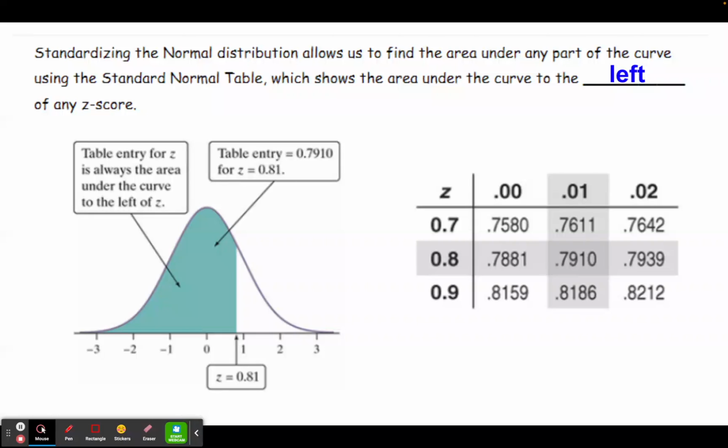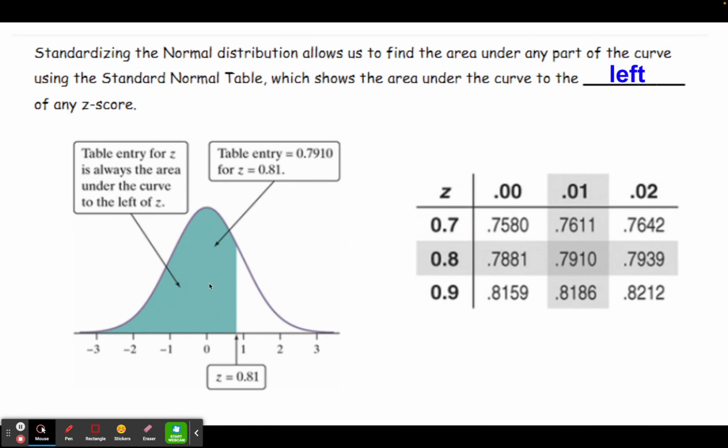So we have a picture of the standard normal curve. Notice down at the bottom, we have a vertical line that's drawn in here separating the curve into two regions. And underneath here, this is labeled z equals 0.81. Notice it's just shy of positive 1, which is about where 0.81 would be. Now, if we want to find the area to the left of that,